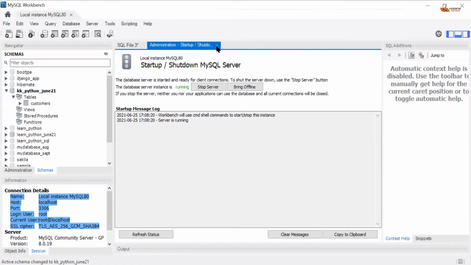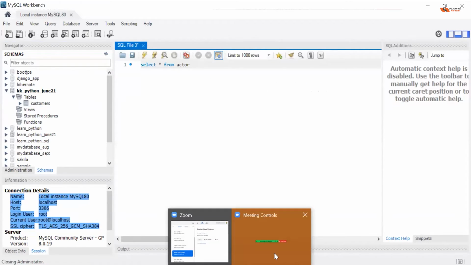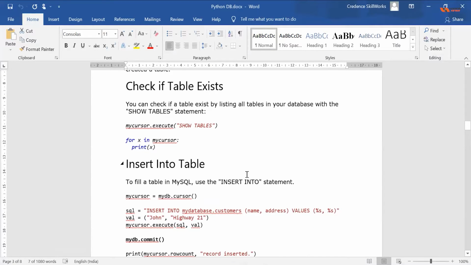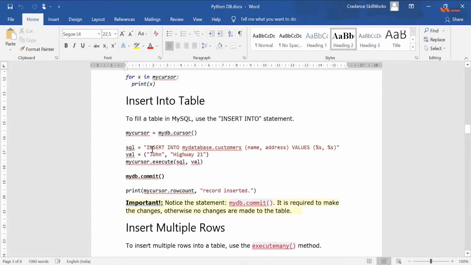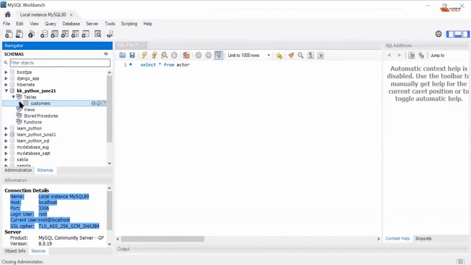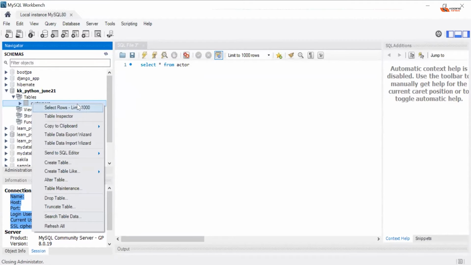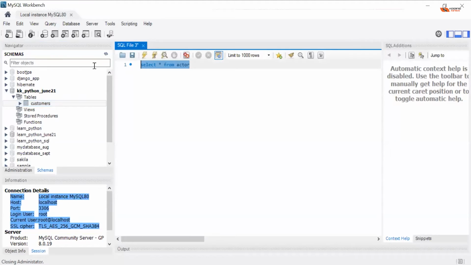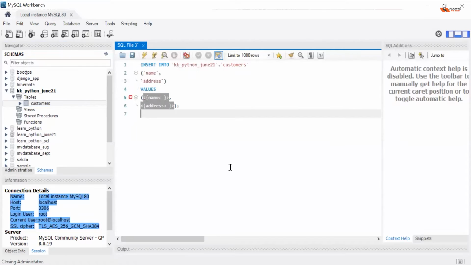Now we're going to insert. So again, what we'll do, we will have cursor. Again, cursor is everything. So again, for Python, it's very easy and simple. So we're going to insert some data into the table now. So for that, you need an insert query. I'm giving you a simple way to create an insert query. Okay, you can go to your MySQL editor, right click your table, copy to clipboard, insert statement. And you know what? You will get an insert statement for free. See this, you got an insert statement for free. You can remove this.